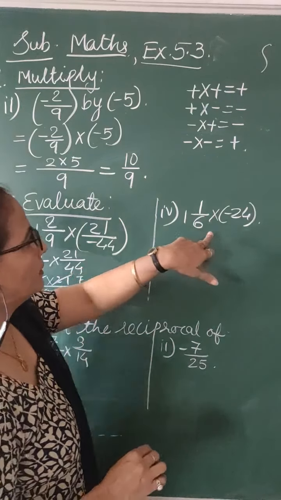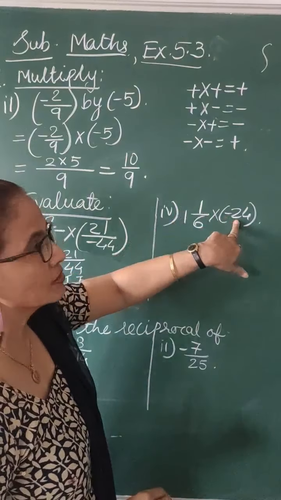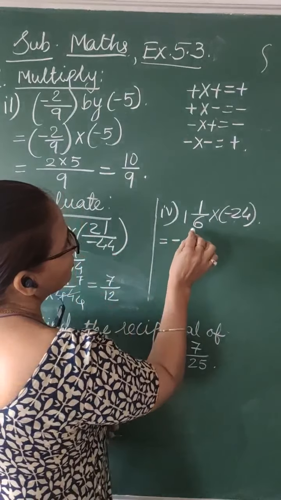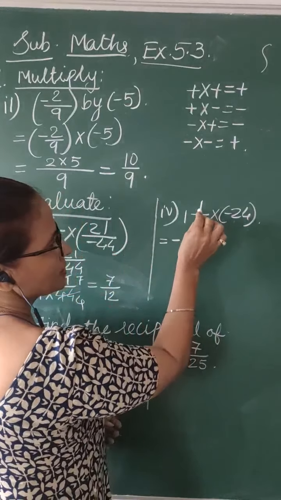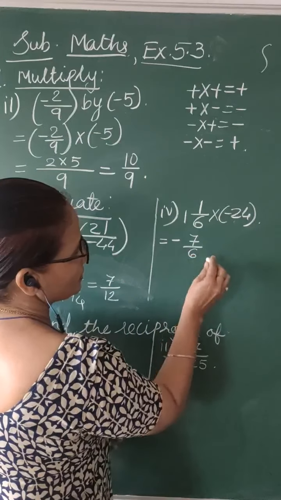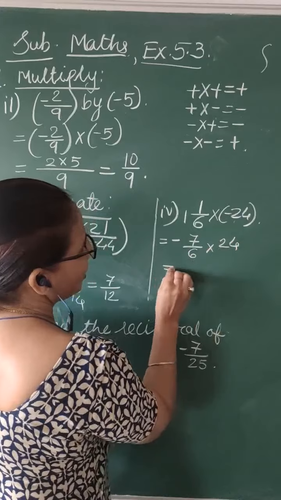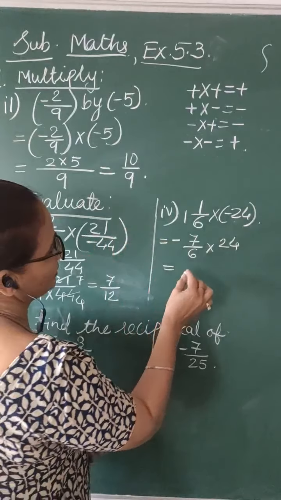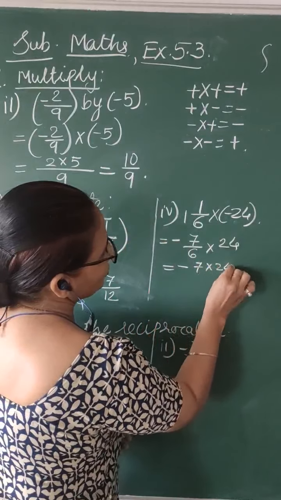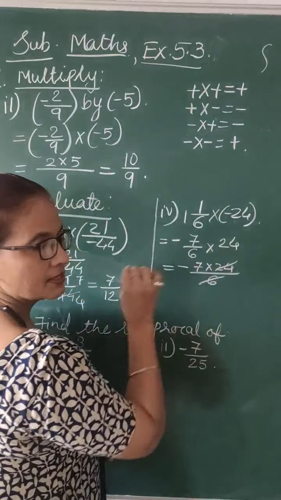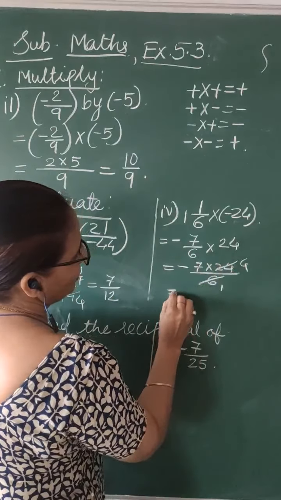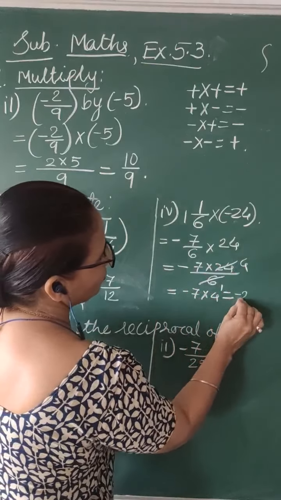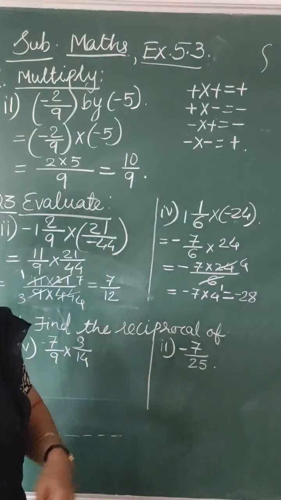Now let's see one more example. Here let's simplify the sign. Here is plus and here is minus. So you know plus into minus is minus. So you have to put a minus sign first. Now convert this into improper. 6 1s are 6, 6 plus 1, 7. 7 by 6 into 24. Now here, if a single number is there, remember children, that number is always in the numerator. Now write it this way. 7 into 24 by 6. Directly you can cancel. 6 1s are 6, 6 4s are 24. Now what is left? Minus 7 into 4 and simplify. Minus 7 into 4 is what? Minus 28 is the answer.